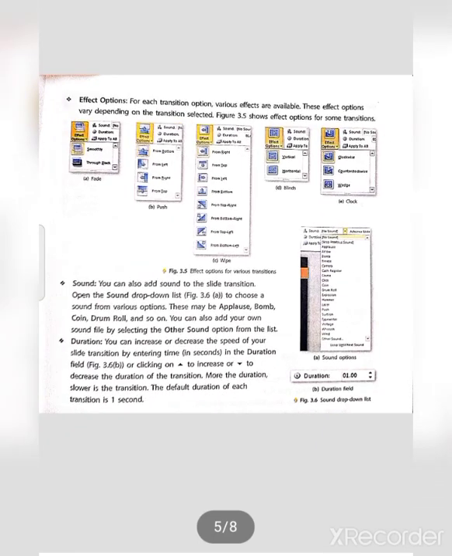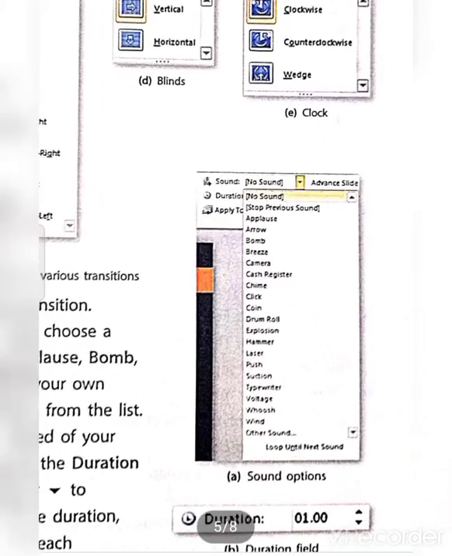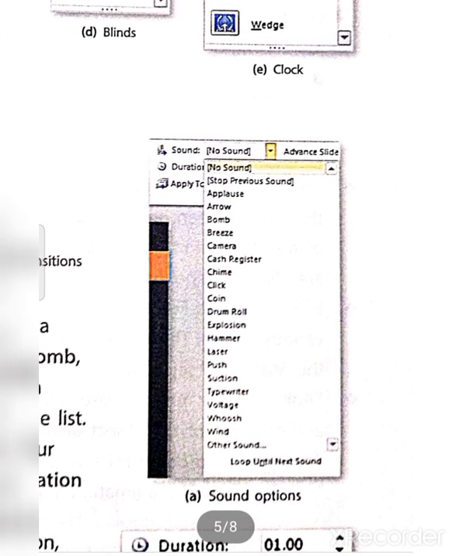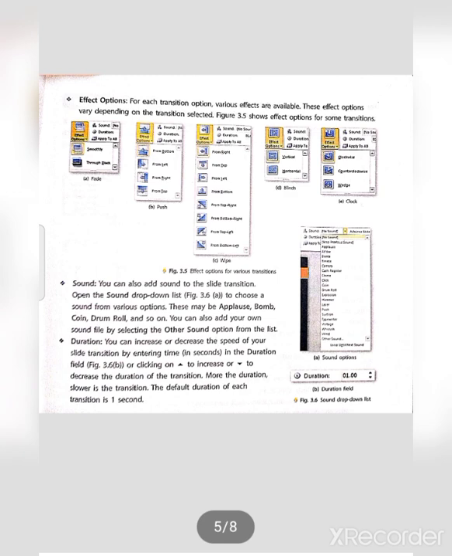Sound: you can add sound to your slide transition. Open the Sound drop-down arrow and a list will appear. You can choose any sound here, like pulse, arrow, boom, breeze, camera, cash register. Any sound you can click on, and you can add your own sound file by selecting the Other Sound option from the list. Duration: you can set the duration of the slide transition also.